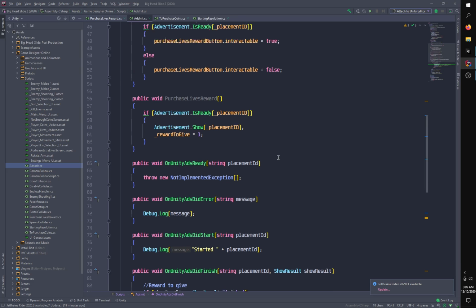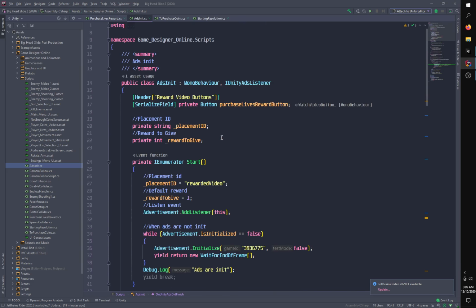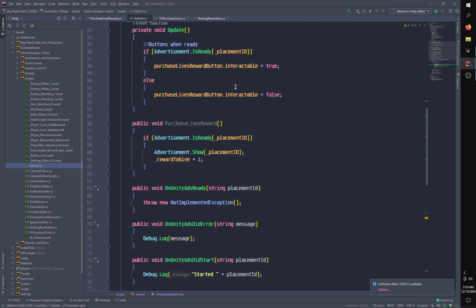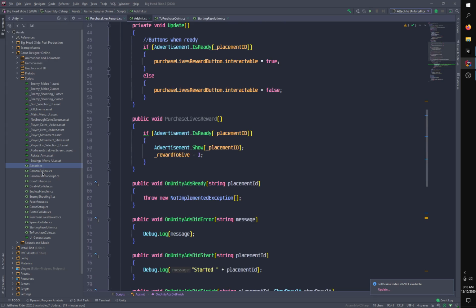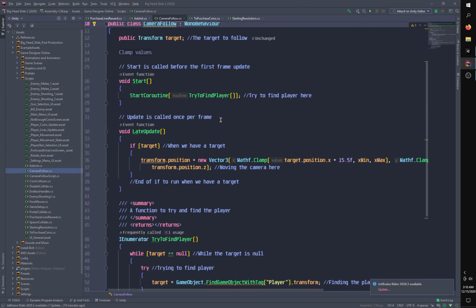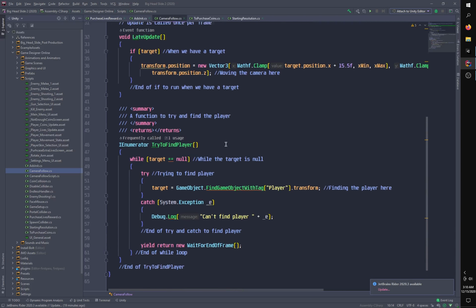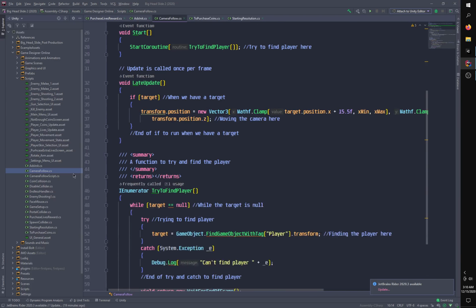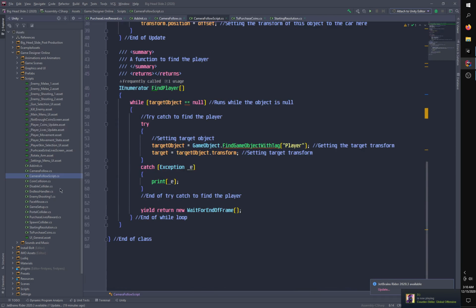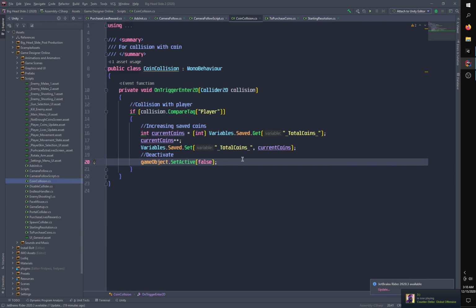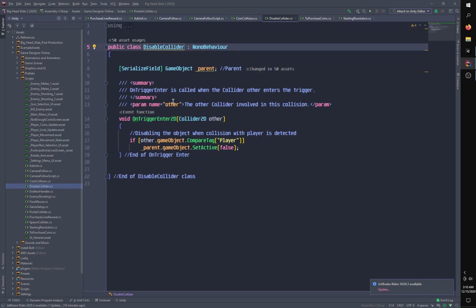One of the scripts that we have is called the ads init script, like I showed you before, that is handling the game ads. We have a camera follow script, which is basically following the player by just an offset. Then we also have a camera follow script, but we're not using this one. We have a coin collision script, which is basically adding one coin to the player once we collide. We have a disable collider, which is basically for disabling the collider once